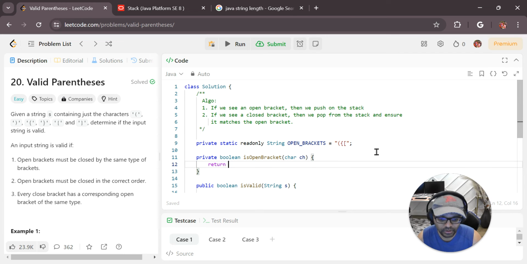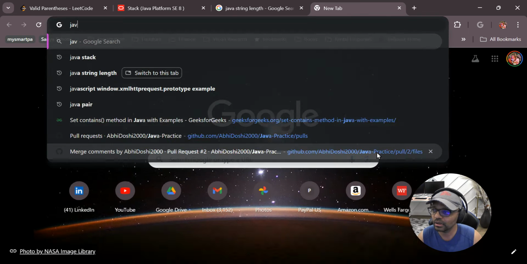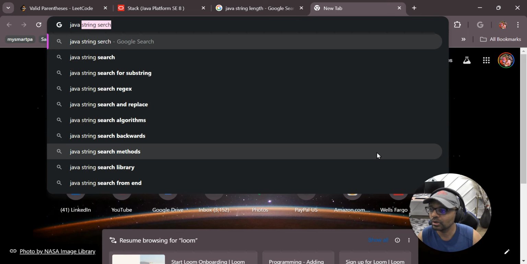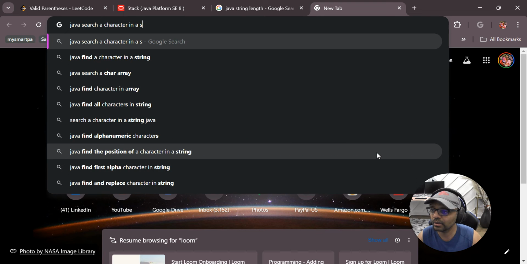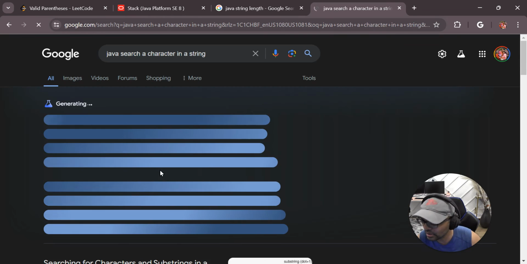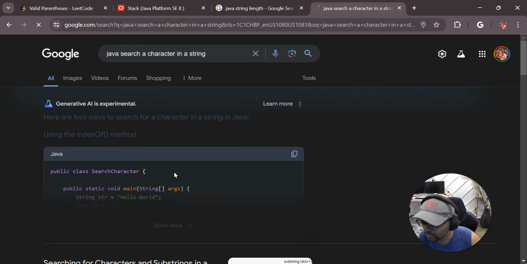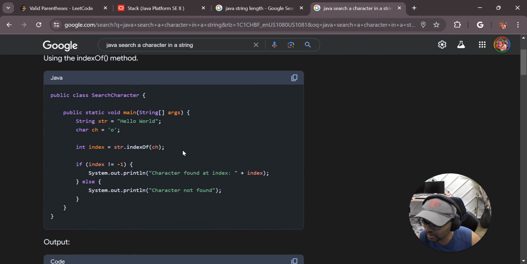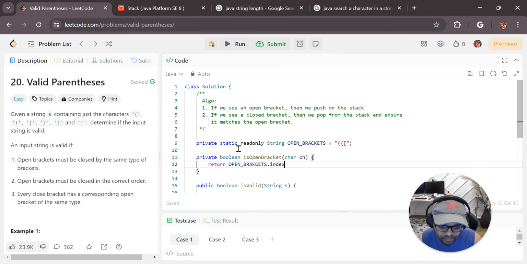It's easy to reference. Okay, return open brackets dot, let's see, Java string search a character in a string. Let's see, I think it's dot contains. Index of method. Okay, it says str.indexOf, or is not -1, it's there. Perfect. Index of, I think, and then we do ch is not equal to -1. Okay,